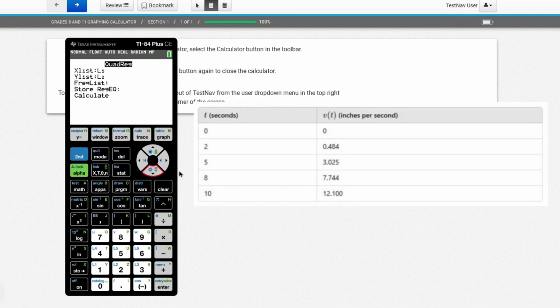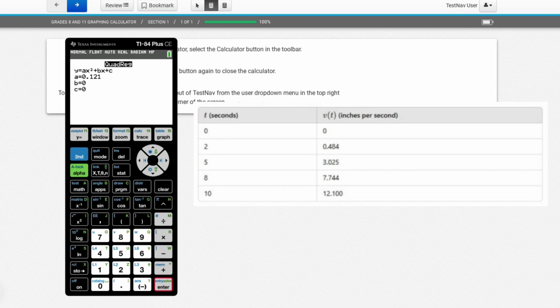So store RegEQ, hit enter. Oh, nope, I'm sorry. Go to Vars, Y-Vars, enter, enter. Okay, go to Vars, Y-Vars, enter, enter. And this will store our equation into y equals. Go down to calculate, hit enter, and there's our equation. It's actually really pleasant. And what we'll do is we'll hold on to it,